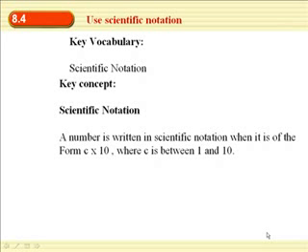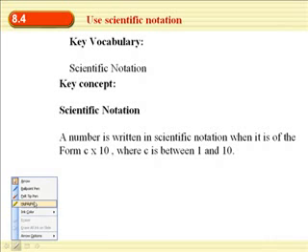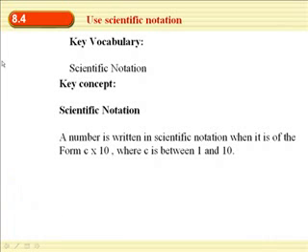Okay, Algebra 1, the last one that we're going to do in Chapter 8. Some scientific notation, 8.4, is where we're at, which is on page 512 in your book. Alright, so scientific notation is, actually, here, why don't you just combine your key vocabulary and your key concept together,